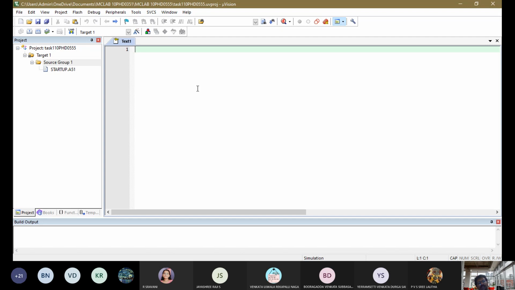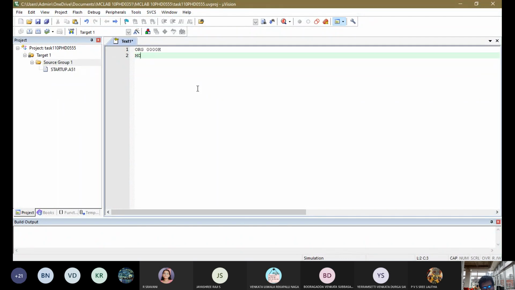Here you are going to type the program. The program will have the assembler directive org. Note down, org stands for origin, the assembler directive. We give the hexadecimal address as 0000H, or you can give 0H, no problem.